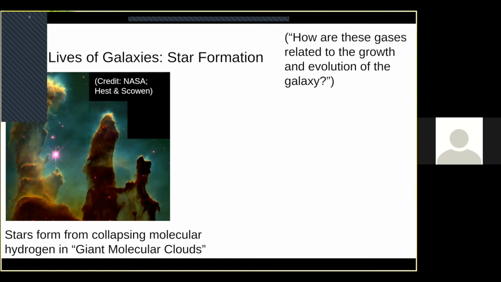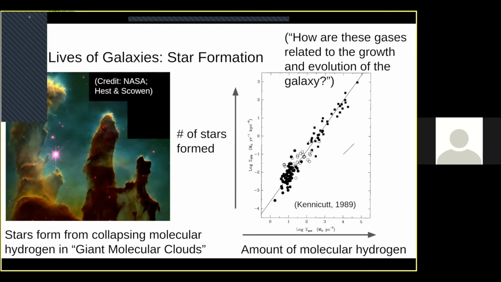And the thing about molecular hydrogen is that it cools really effectively. And as gas cools, it will collapse into smaller and smaller forms. And it continues to cool. And eventually it cools so much that it can collapse into a star. And the amount of molecular hydrogen that a galaxy has is very closely related to the number of stars that